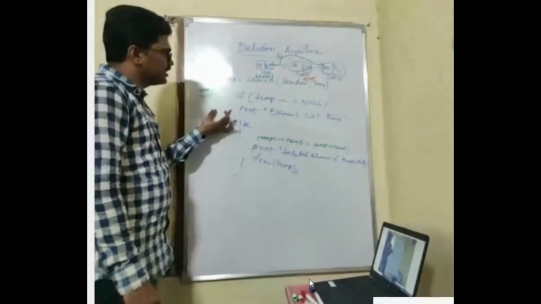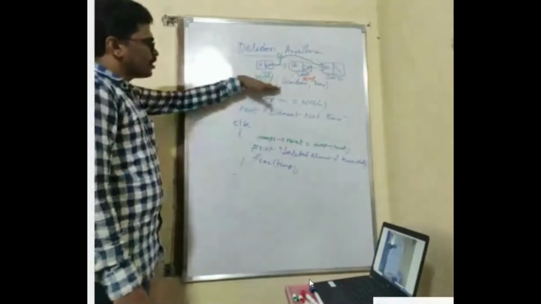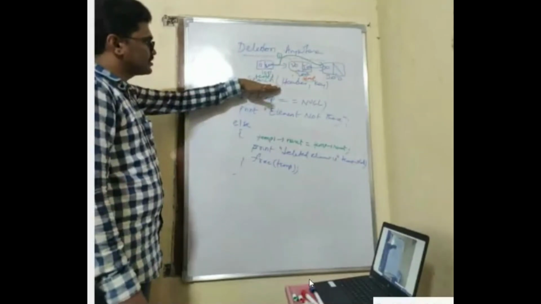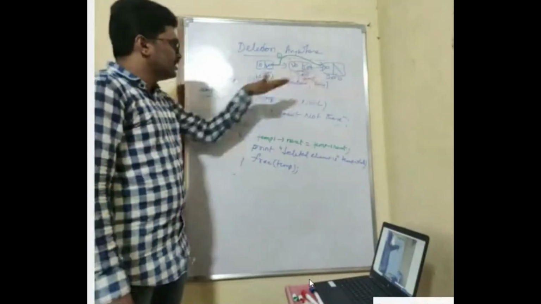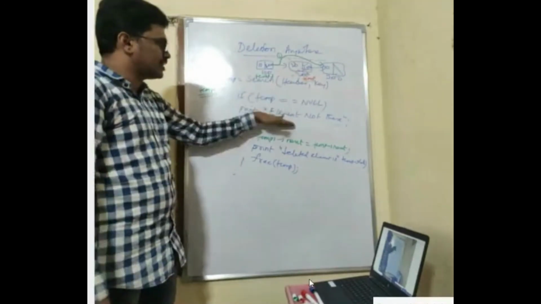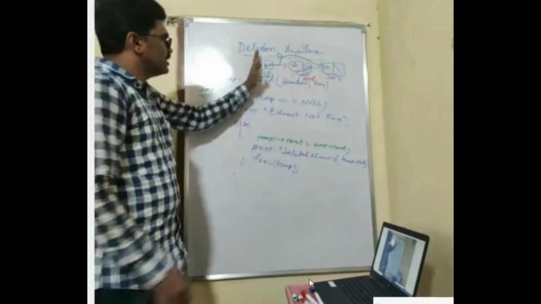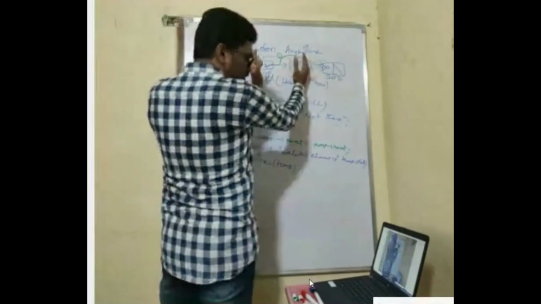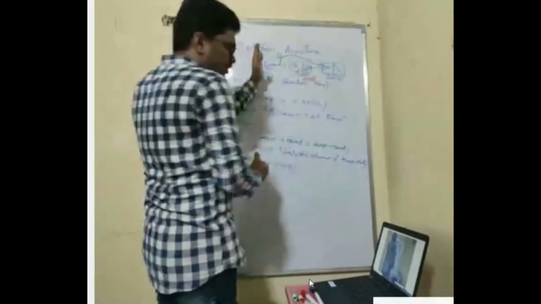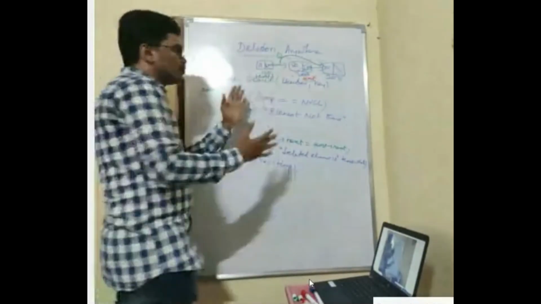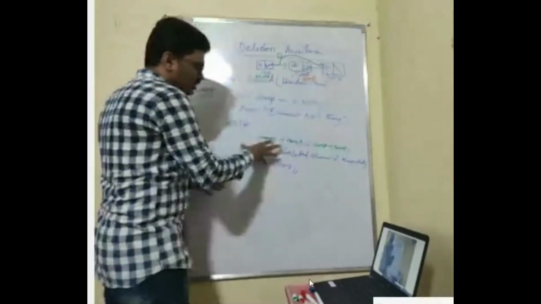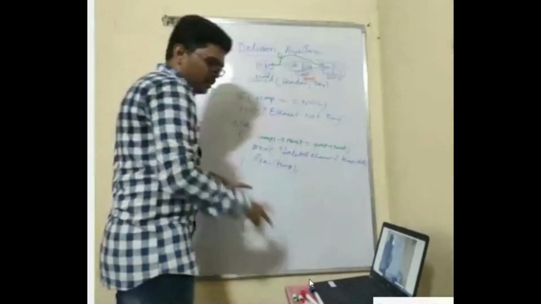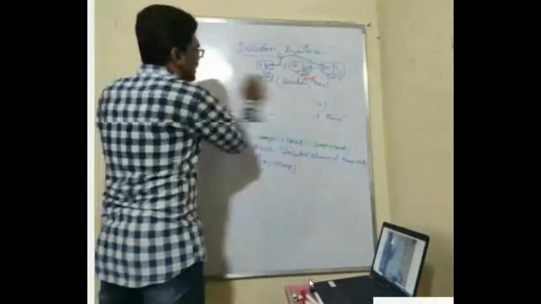You can delete anywhere. First you'll call the search method or search algorithm, which finds the element which you want to delete. If the element is not there, we'll say that it is not there. If it is there, we'll have two pointers, one pointing to the node you want to delete and one pointing to the previous node. In the previous node, we store the address of the next one. That's what we are doing here. Is that right? If you have any doubts, you can ask.